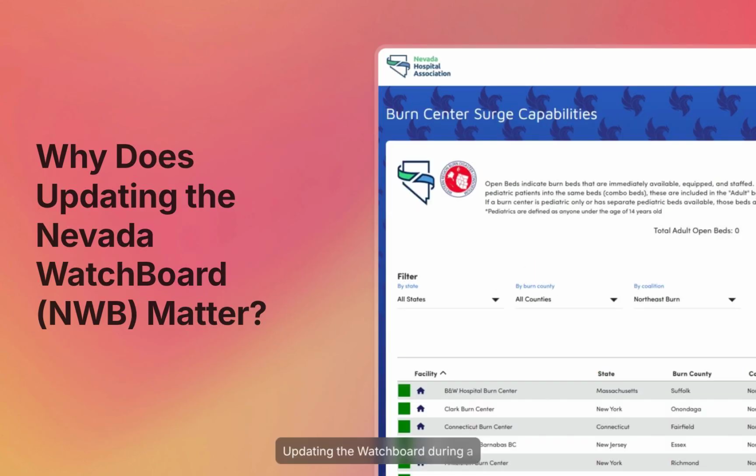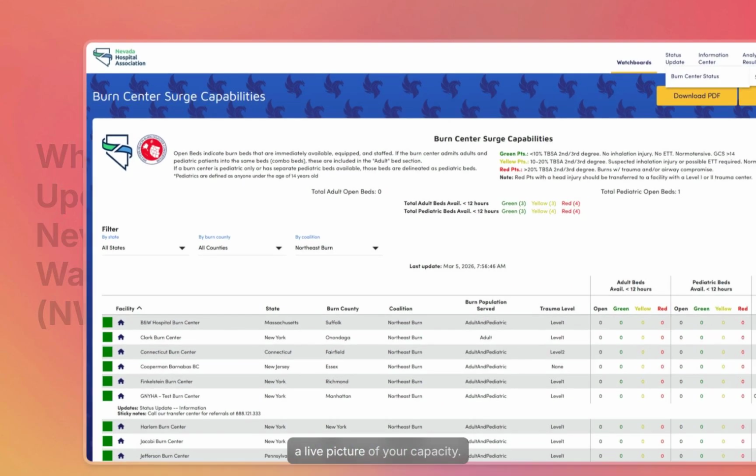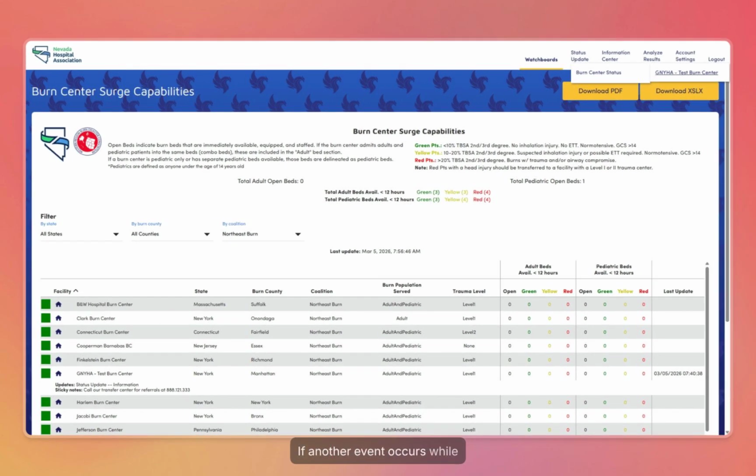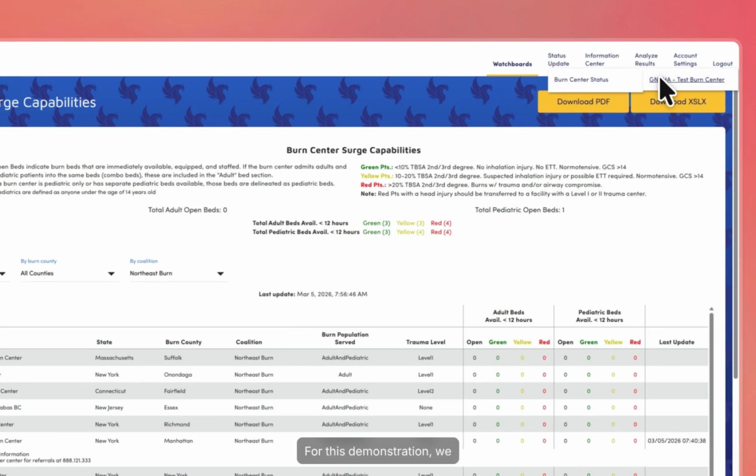Updating the watchboard during a local surge does more than document what you have. It gives every burn center, emergency manager, and dispatch center in the region a live picture of your capacity. If another event occurs while you are managing this one, the network already knows whether you can help, or need to divert. For this demonstration, we are at the NYHA Test Burn Center and we need to update our current